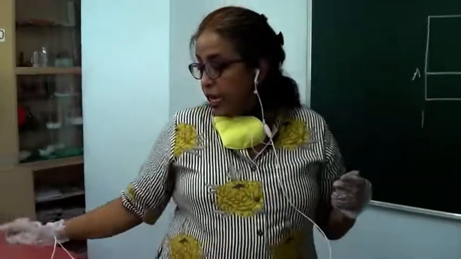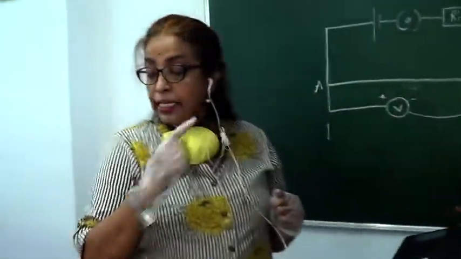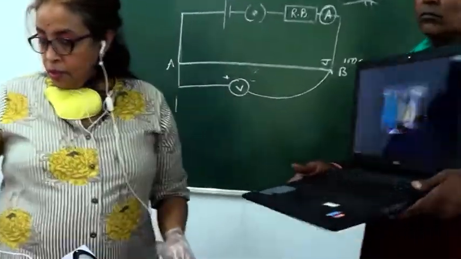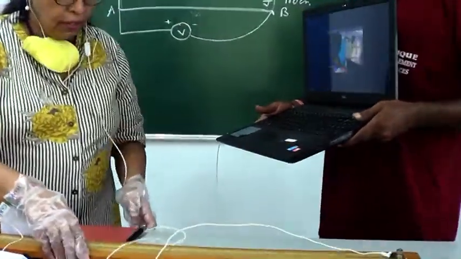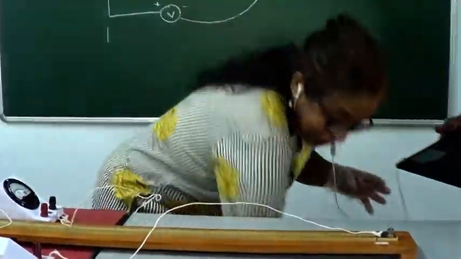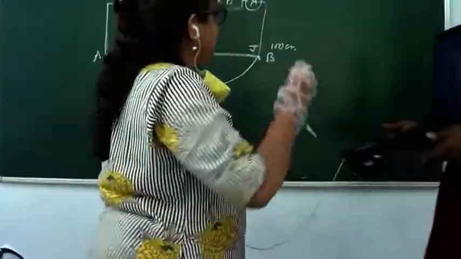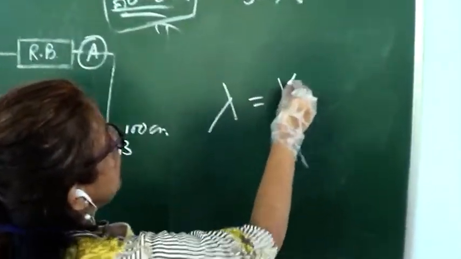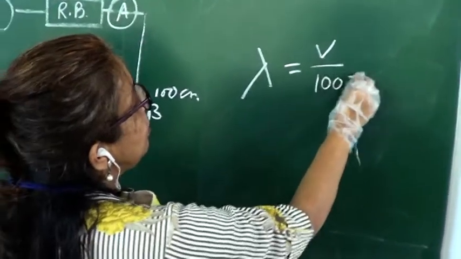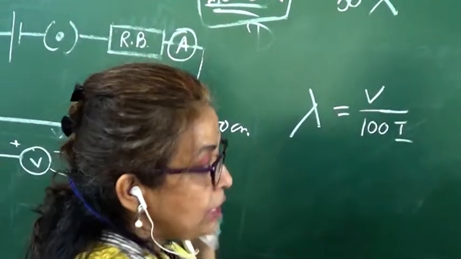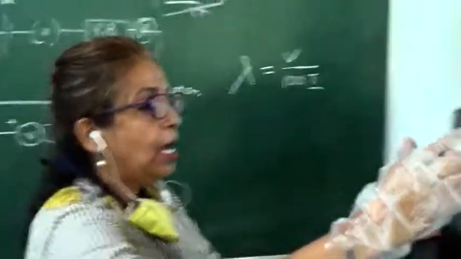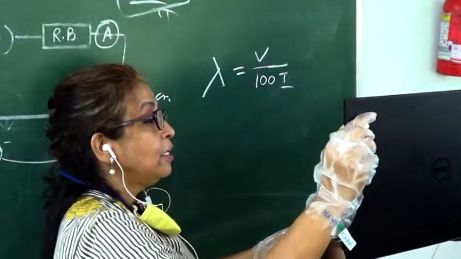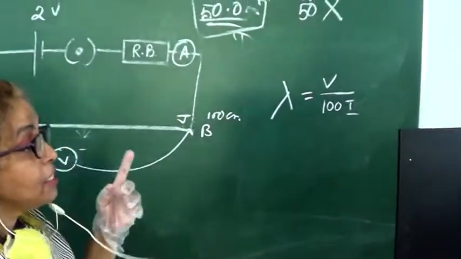Okay. Now tell me the value of lambda. Next column, what is that lambda value? How do you calculate lambda? Let me pick up the chalk. I didn't make any table here, so you get the lambda value. It is V divided by 100i. What is the value I have given? Am I right? V divided by 100i. Can you see? I think this is correct. Take a lateral inversion actually. It is fine, I can see it properly. Lateral inversion.